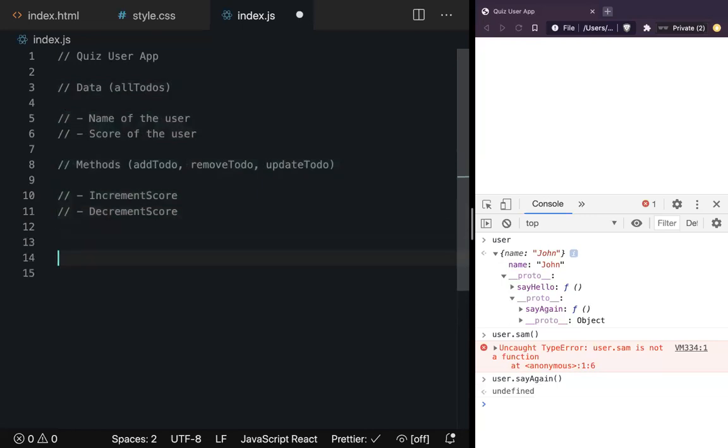Now the question is, I want to create a user. How will you create a user? So for example, I want to create a user for Sonu. How will I create it? We know that all these things can come together inside an object. So for that, what will we do? We will create an object named what?